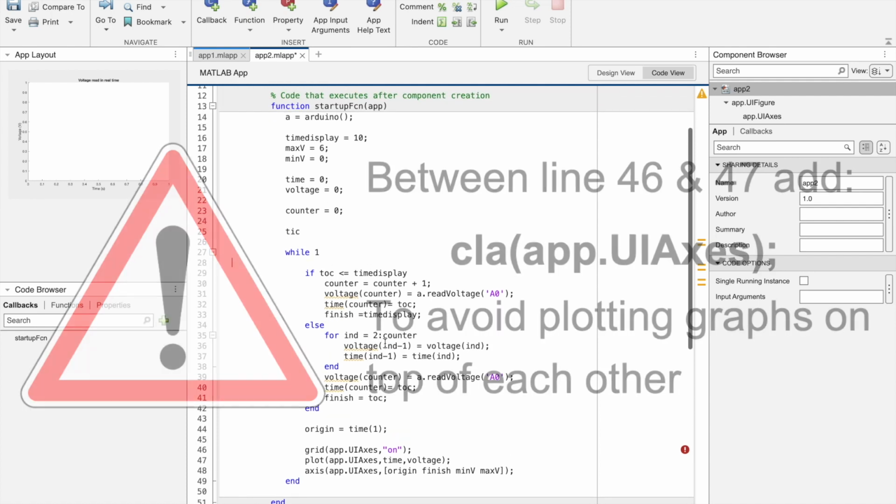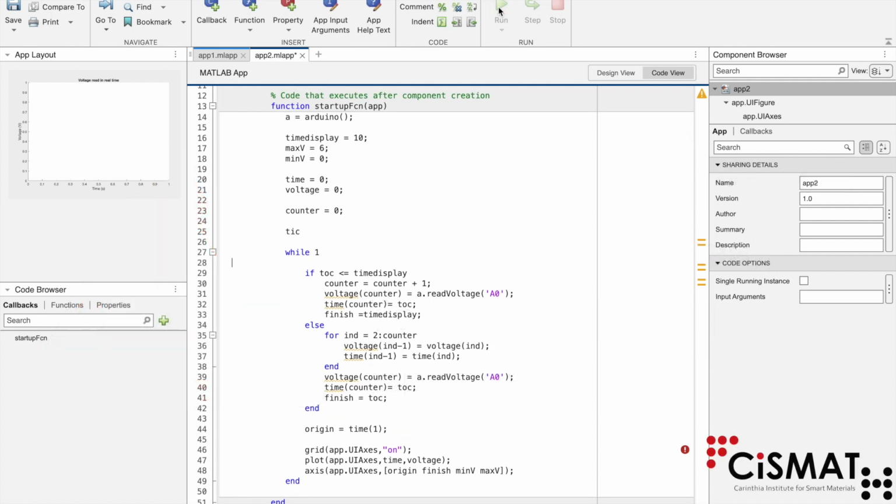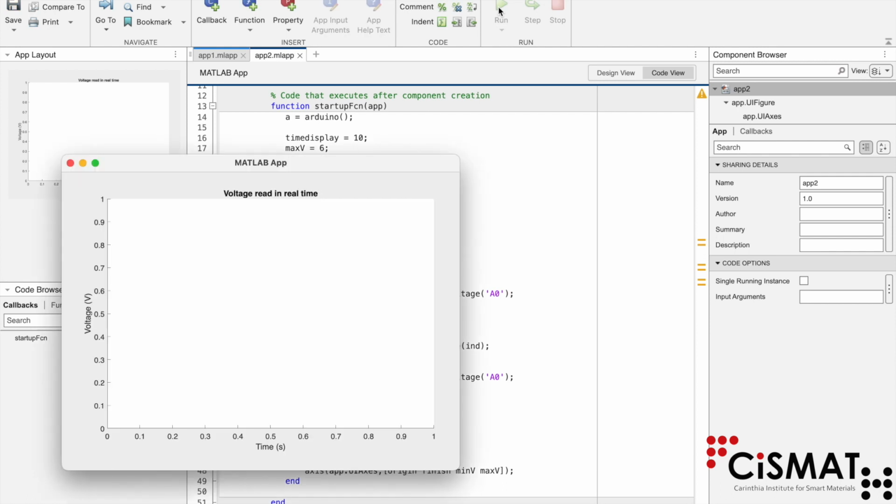Let's run the function. Our application is working as well as